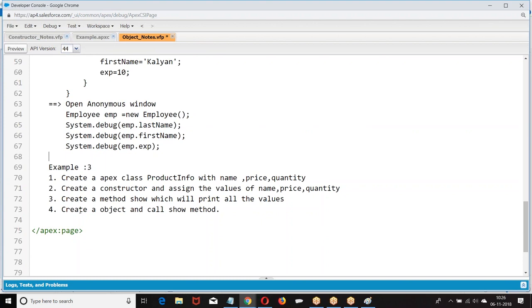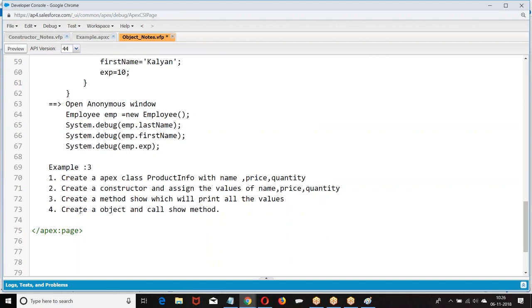Are you clear? We have just seen the structure of creating a class, variables, methods, constructor, creating an object, how to call the members. We just saw the creation of a class, how to call them, how to set them. That's all. Where it should be used, how it should be used, and for what purpose is a long way to go. Are you clear?